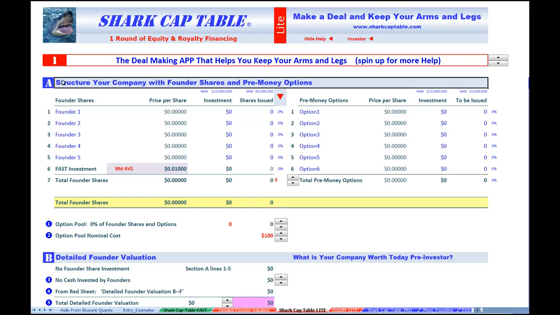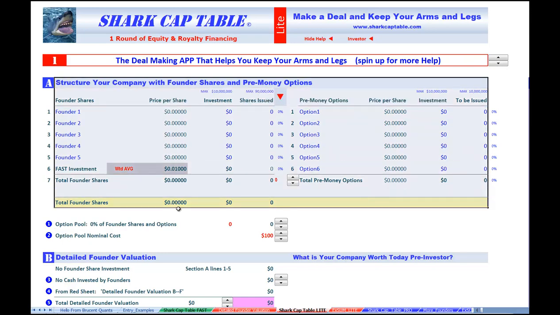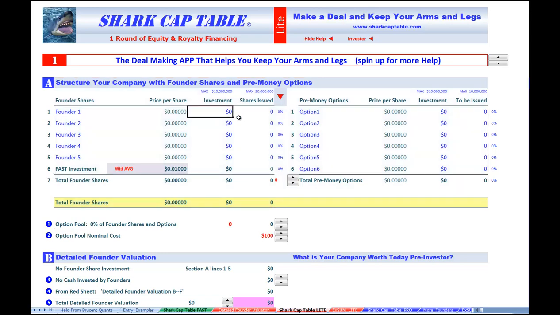And now we get into the meat. So here we're going to structure the company with founder shares and pre-money options. Let's put an investment of $10,000 and another $15,000. Let's give out $500,000. Let's give out $600,000. So now we have $25,000 and we've issued 1.1 million shares for an average of